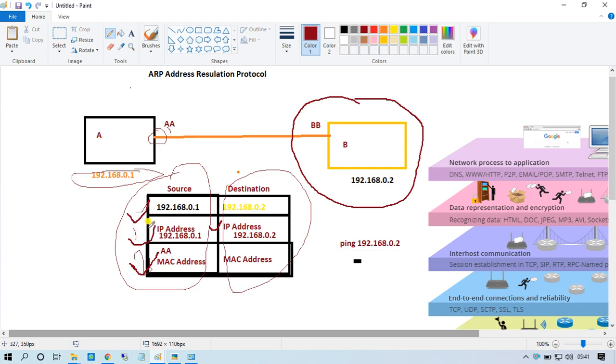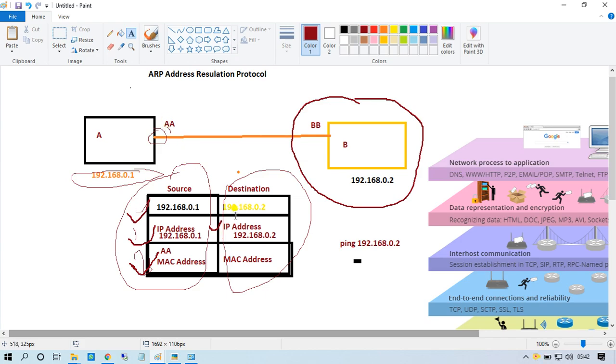So now, the source IP address is here, and the source MAC address is here. The destination IP address is here, but we don't know the destination MAC address. Then what will it do?